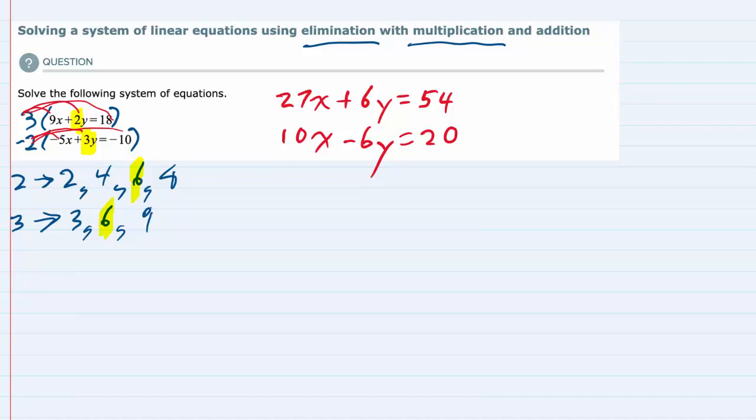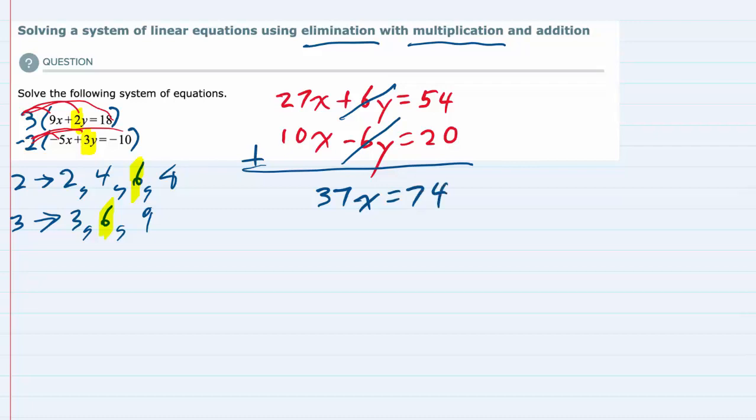And remember, our goal here was to get these y's to have the same value with opposite signs, because now when I add these two equations together, this positive 6y and minus 6y are going to cancel. And we would be left on the left-hand side with 27x plus 10x, so 37x. And on the right-hand side, 54 plus 20,